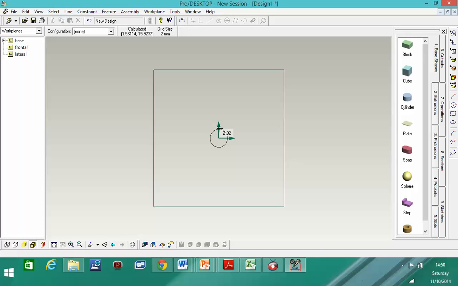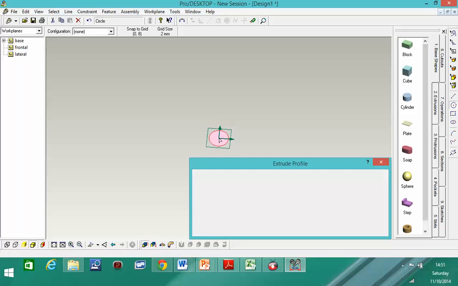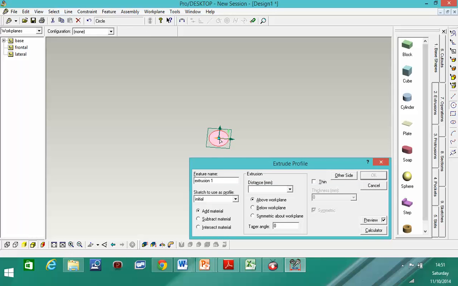Okay, all right, so this circle, any diameter, let's just leave it like it is. If you use your middle mouse, you can rotate. See that you can rotate these, and notice that we can use this tool here